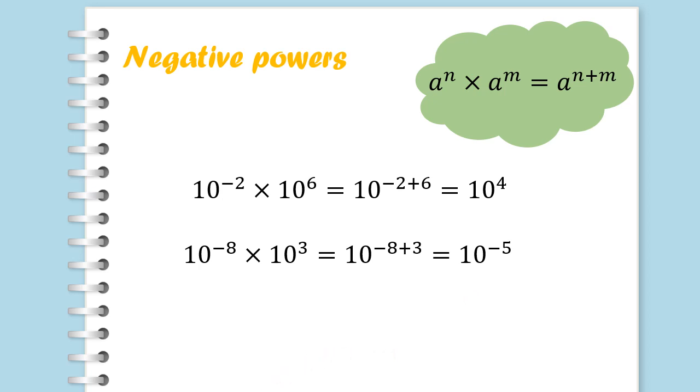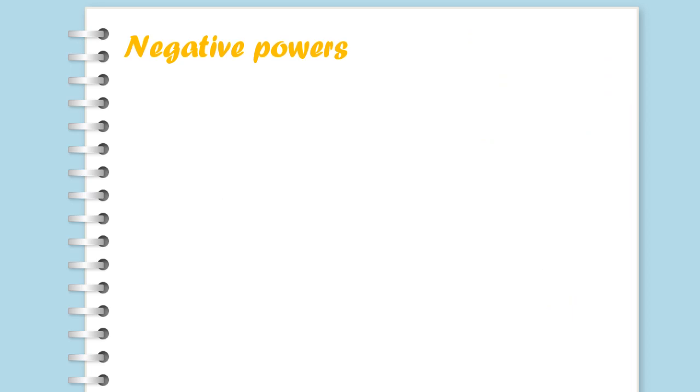Also, if I want to get rid of the negative exponent, I can write 1 over 10 power 5. I get rid of the negative exponent. I can write it like that. Another example,